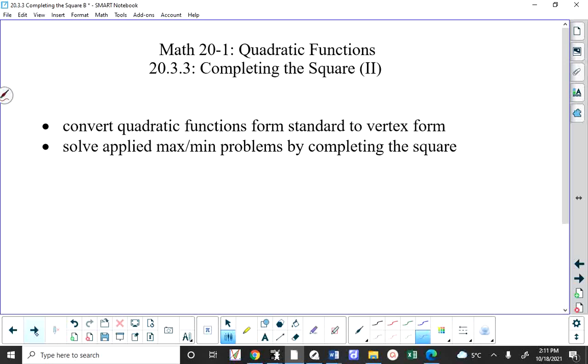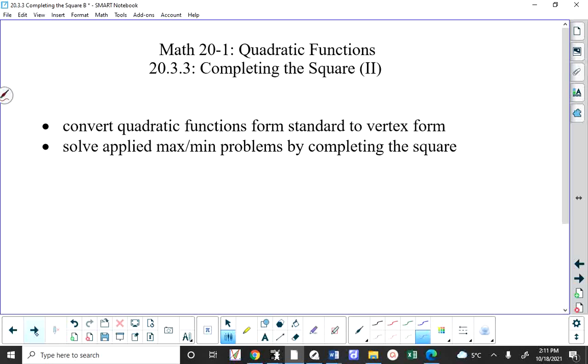So it's not that the questions we're going to be doing today are going to be all the questions from now on. You're still going to see ones where things factor nicely, but every now and then we have to be able to do these. We're also going to look at some more word problems that involve max-mins, but we're going to solve them algebraically, which I can tell you right now would be a classic kind of written response on an exam question,